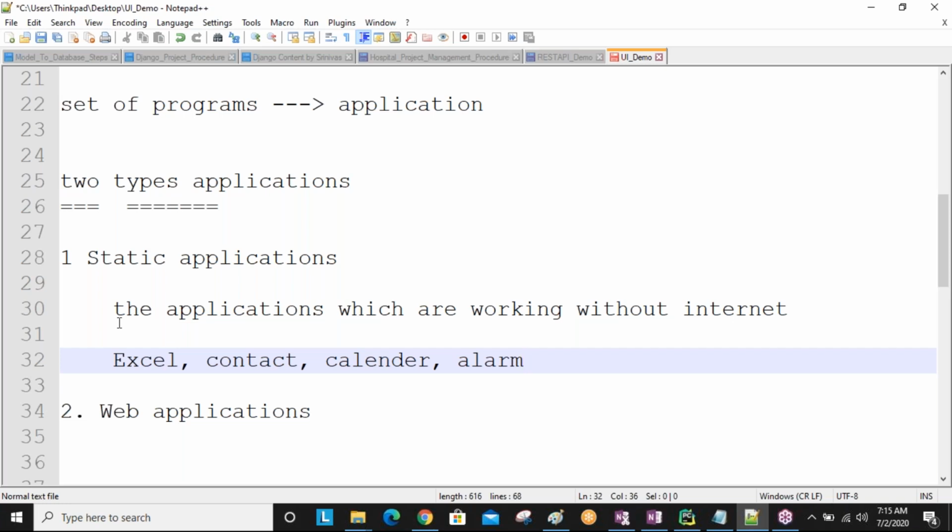These things do not require internet, but we regularly use those applications in our mobile. These kinds of applications we call static applications.